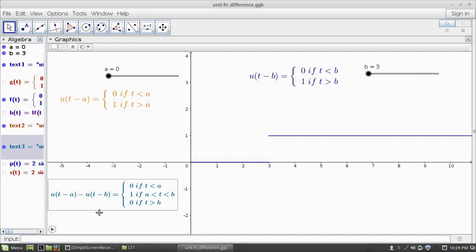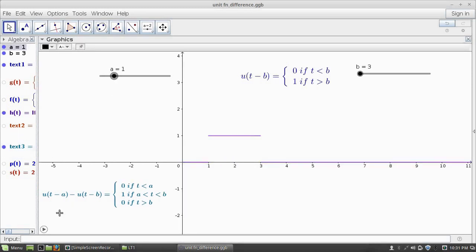Now we can see the graph of this difference of unit step functions. Consider the difference u(t minus a) minus u(t minus b) when a is equal to 1 and b is equal to 3, that is u(t minus 1) minus u(t minus 3). See, this function has the output value 1 only in the range 1 to 3, and elsewhere value 0. If I change a to 2, then the difference function has the value 1 in the interval 2 to 3 and elsewhere 0. Suppose we change this for any values of a and b with b greater than 3; we can see how the graph changes.